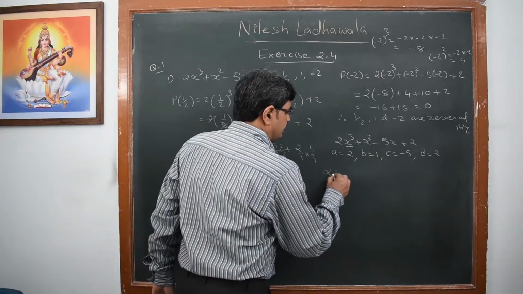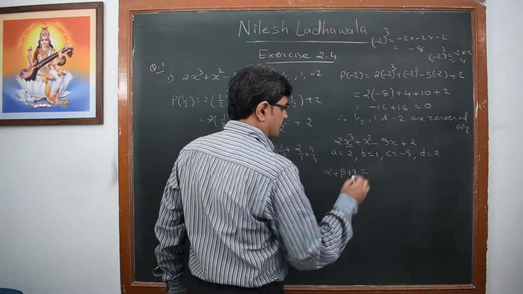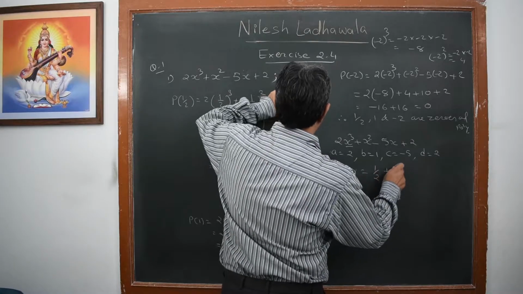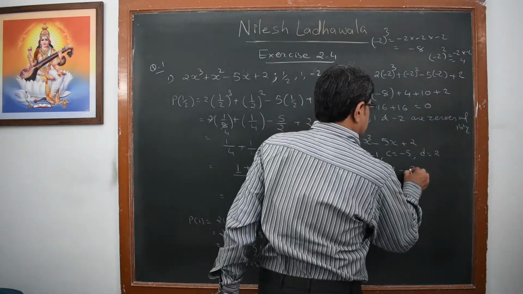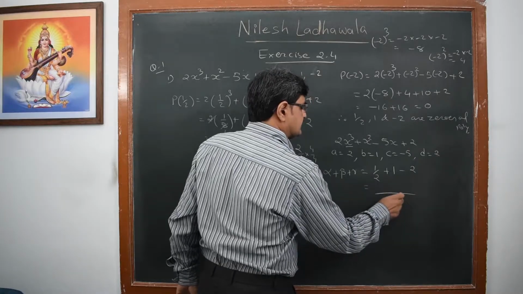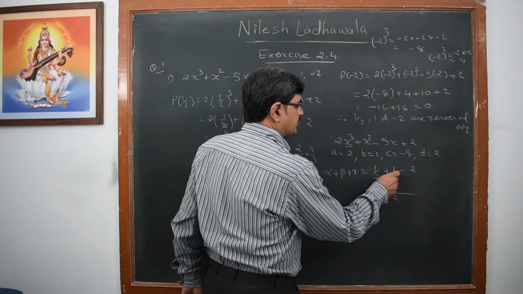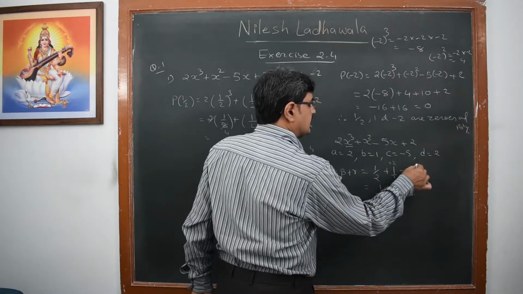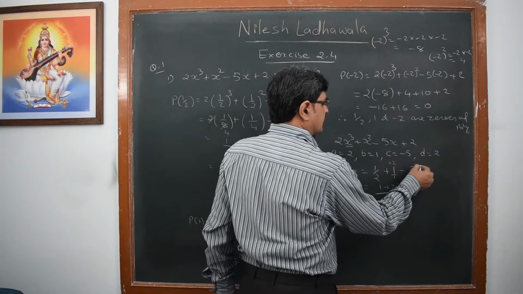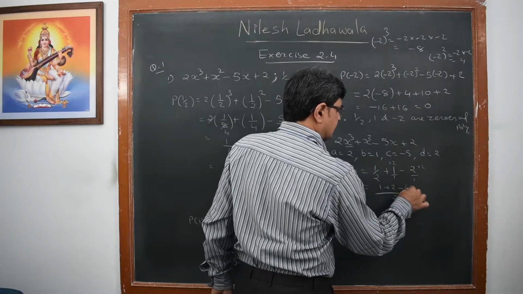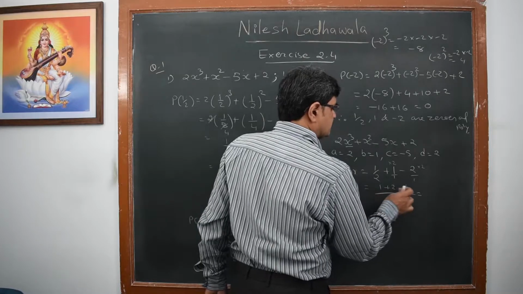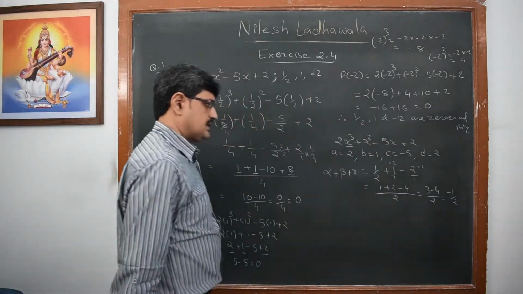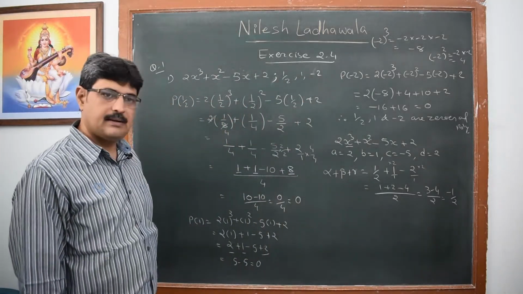First of all, I will find alpha plus beta plus gamma. Alpha, I will substitute as 1 upon 2. Beta, I will substitute as 1, and gamma, that is minus 2. I will take LCM as 2. So to obtain 2 here, I should multiply upper term and lower term with 2. 2 ones are 2. Similarly, here I should multiply upper term and lower term with 2, that is minus 4. Hence 2 plus 1 is 3. 3 minus 4 upon 2 is minus 1 upon 2. That is the value of alpha plus beta plus gamma.